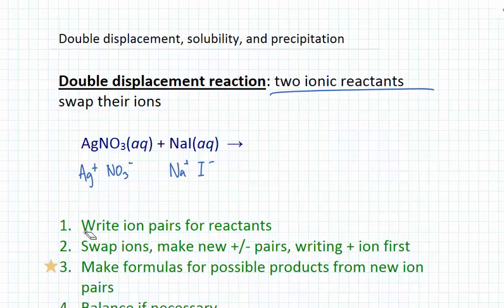What we need to do is write ion pairs for the reactants. That's what we did right here. We separated them into their individual ions with charges. And then, to make the possible products, what we're going to do is swap the ions, making new plus-minus pairs. Okay? So, silver